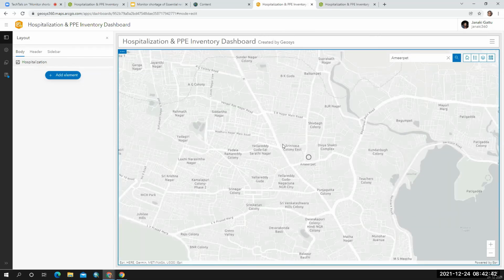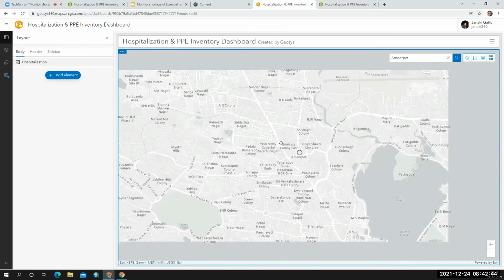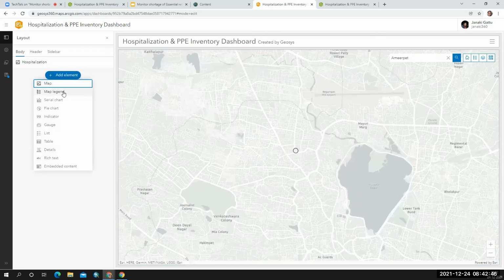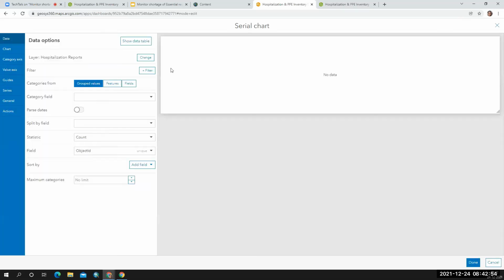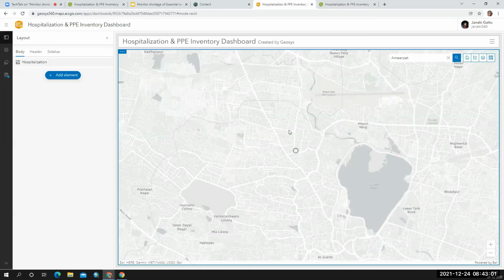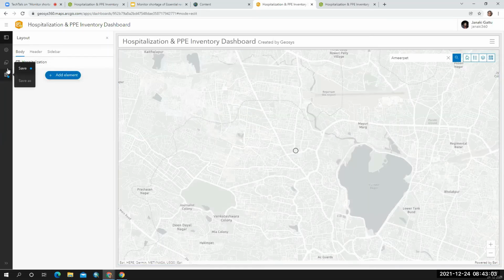So I have this information, and then I'm going to add other elements. So once we fill in the details, we'll be able to get all the information here.